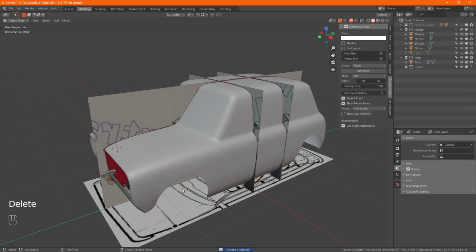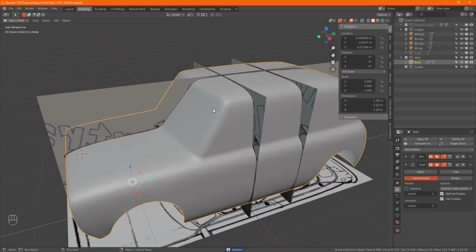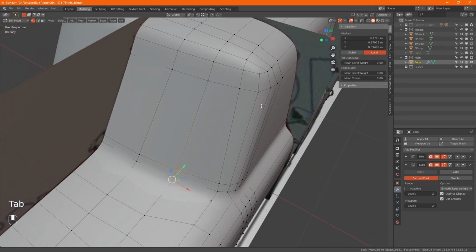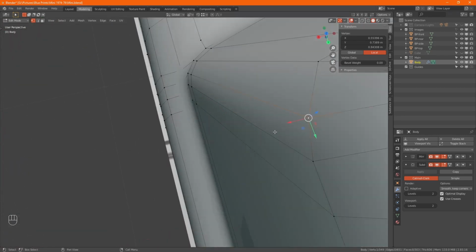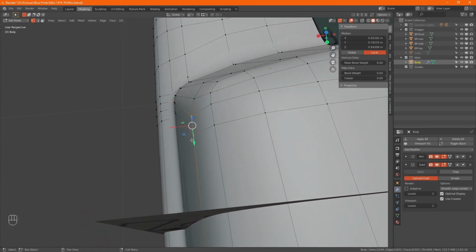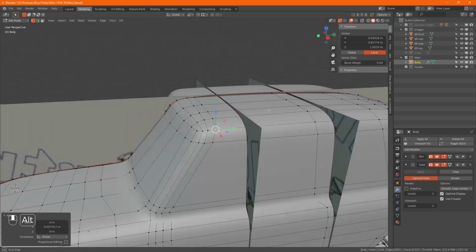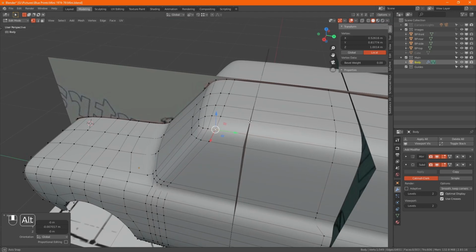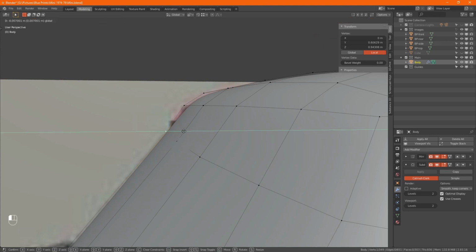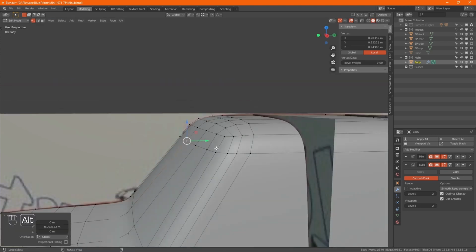Read the guide. Just trying to give that a nice curve.